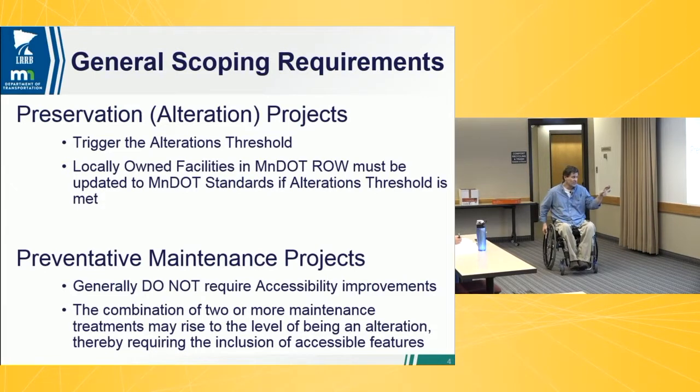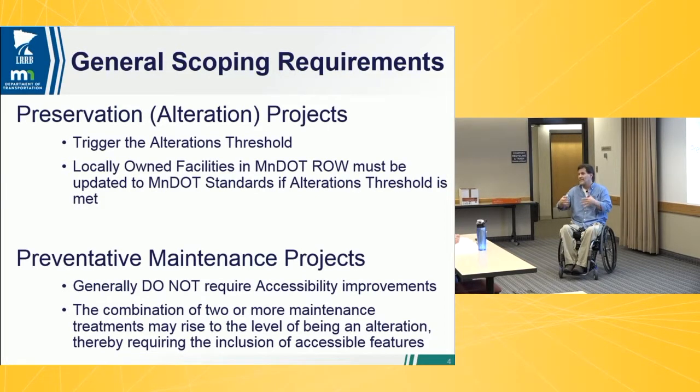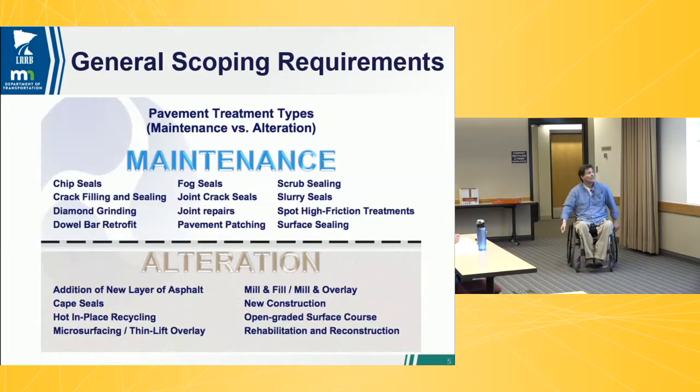But they also do say the combination of 2 or more maintenance treatments may rise to the level of being an alteration, thereby requiring the inclusion of accessible features. So they're saying, well, if you do 2 or 3 preventive maintenance things, it might equal a preservation or alteration type project. So looking at their definitions, what they call maintenance are chip seals, crack filling and sealing, diamond grinding,